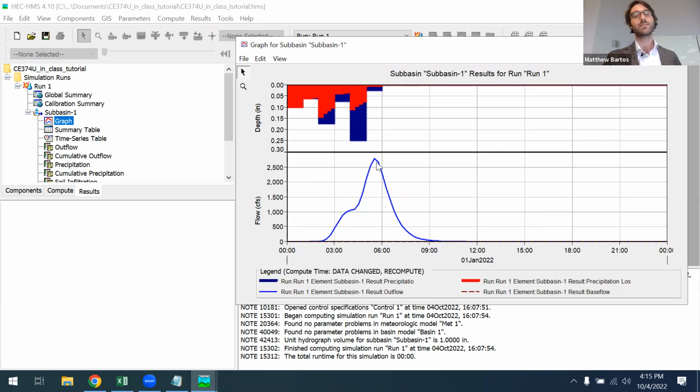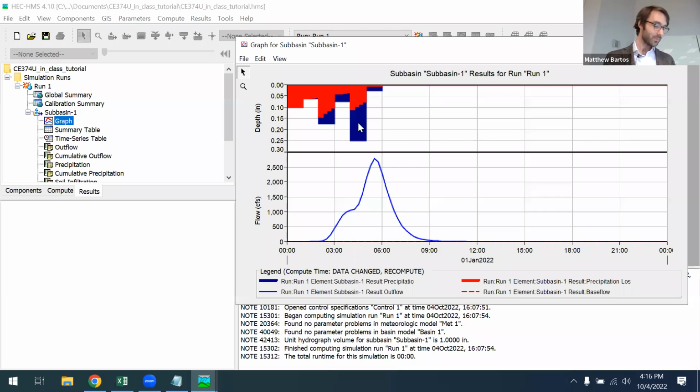The top part is the rainfall hyetograph, but it's partitioned into the total precipitation and the amount of precipitation that infiltrates. The red component of this hyetograph is the component of the precipitation that infiltrates, and the blue is the excess precipitation, essentially everything that doesn't infiltrate. So you can see what part of your rainfall infiltrates and what part becomes runoff.